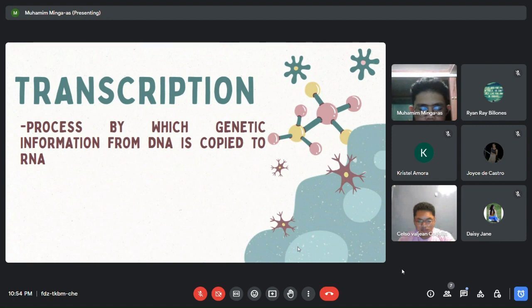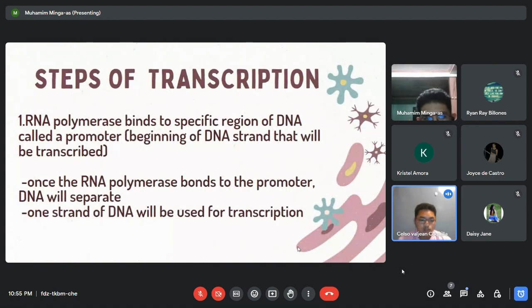Okay, so transcription. Transcription is the first step in gene expression. Transcription is performed by enzymes called RNA polymerase, which link nucleotides to form an RNA strand using the DNA strand as the template. Transcription is something we do in our daily lives and is also something our cells must do. So, in biological terms,